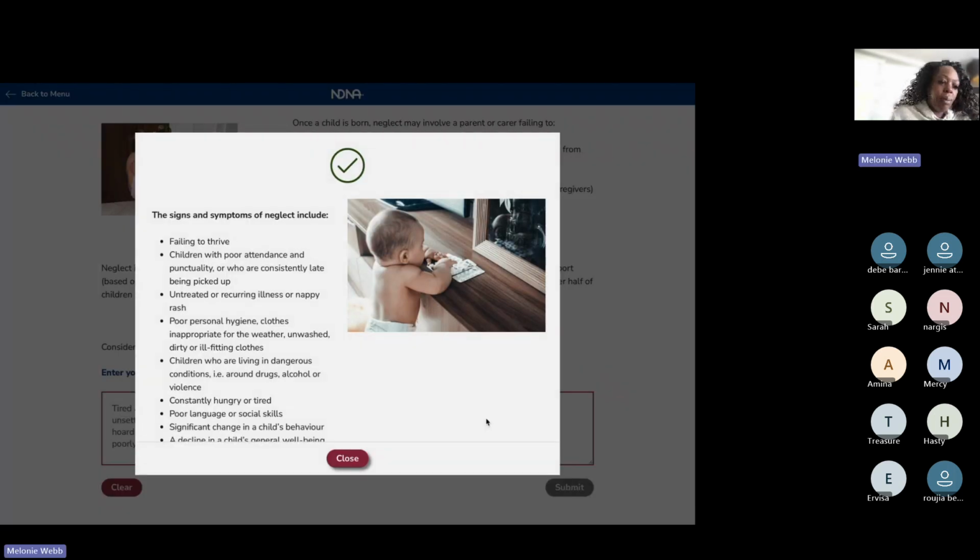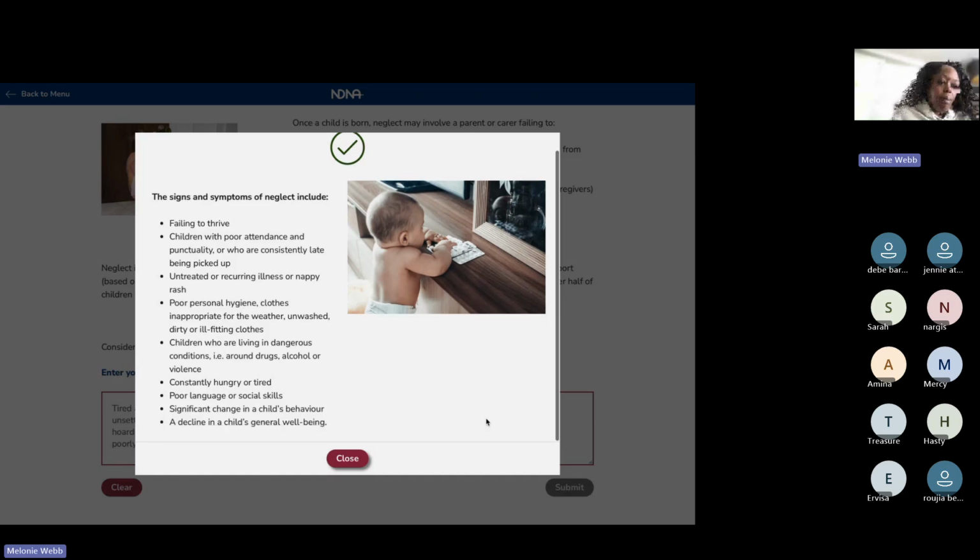So children who are failing to thrive, children with poor attendance and punctuality, untreated or reoccurring illnesses, poor personal hygiene, whether it's their clothes or they're not washed, their clothes are too small, children who are living in dangerous conditions, constantly hungry, tired, poor language or social skills, significant change in behaviour, and a decline in their general well-being. These are reasons why your parent partnerships are really important,